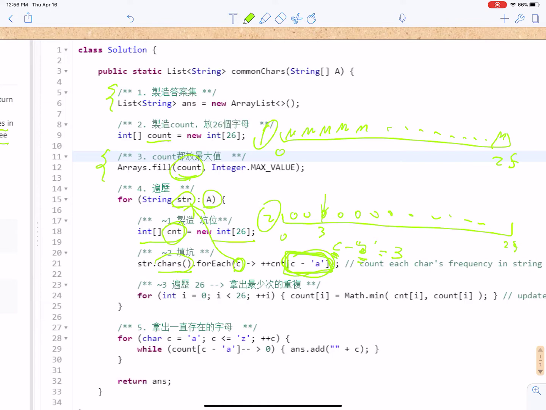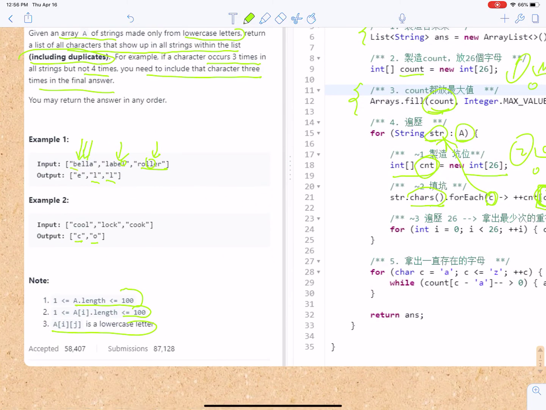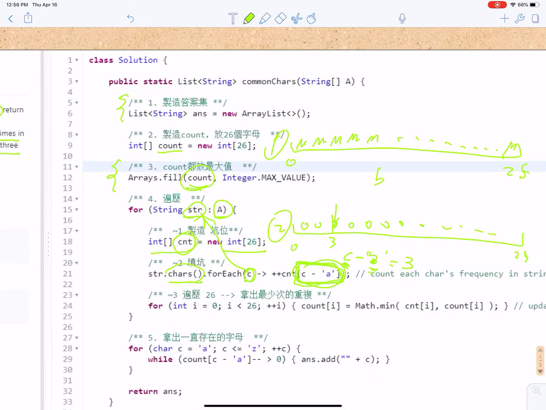For example, Bella. So for Bella, we will have 1 here. The E equals maybe a 1 here, and the L is 2, and the A is 1. So that is what we are doing here, and then